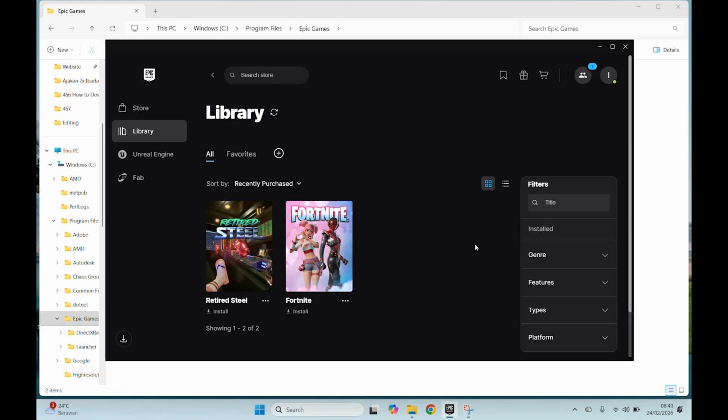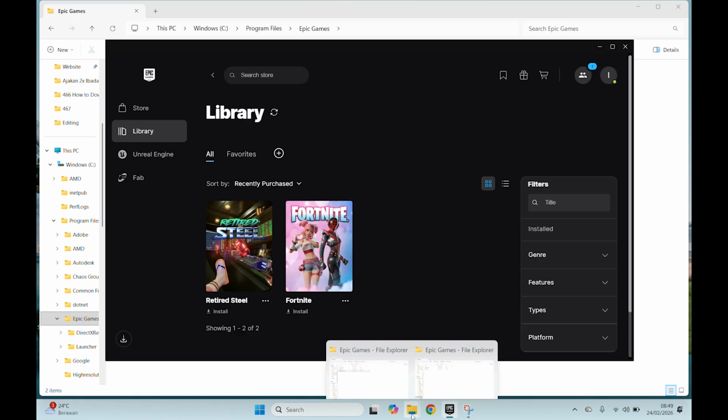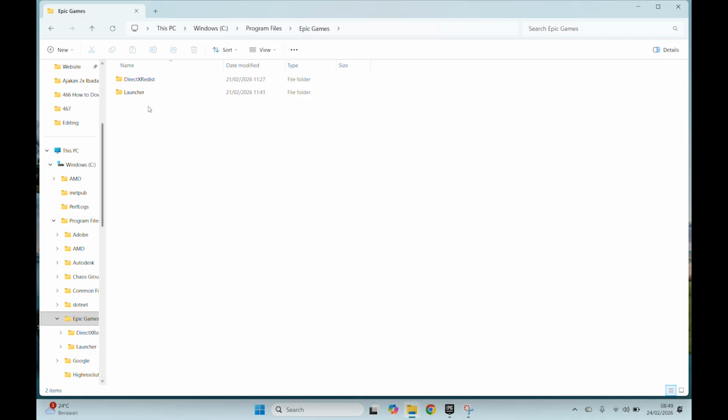After uninstalling, you can check the game location folder. Are all the game files really deleted? If not, you can just delete the